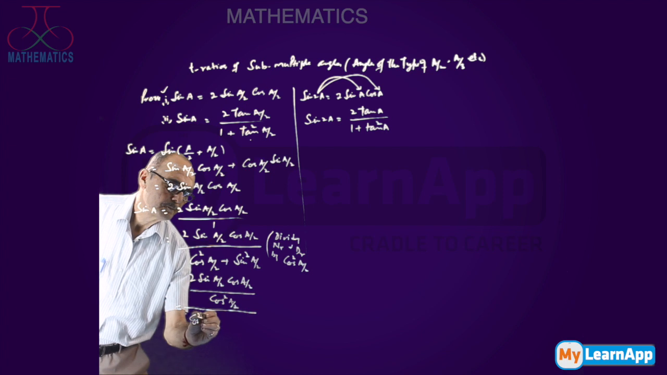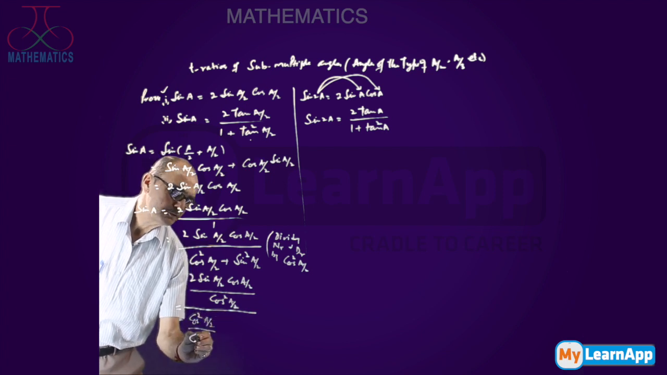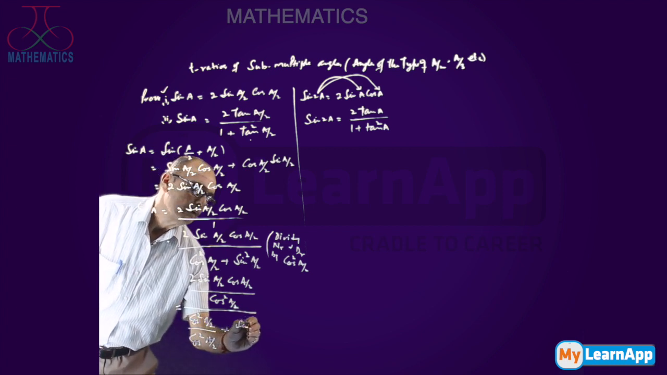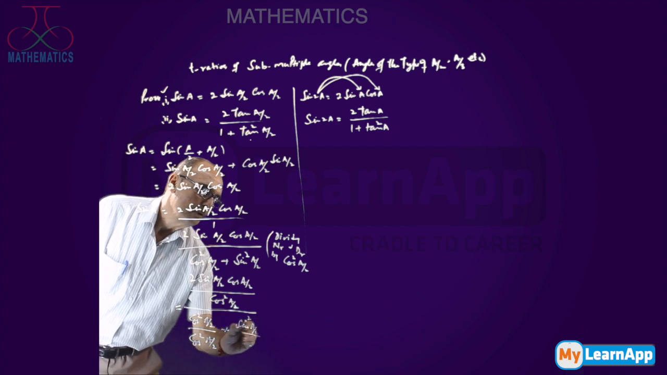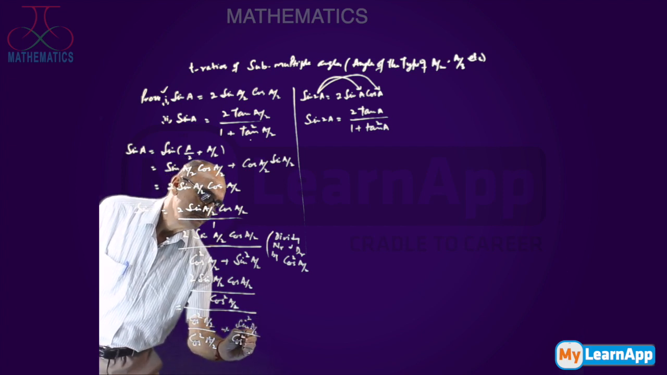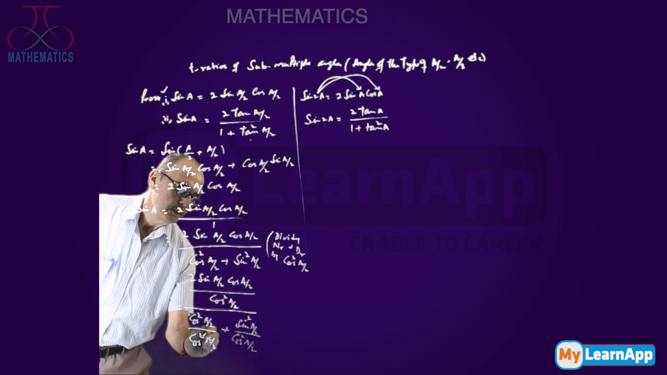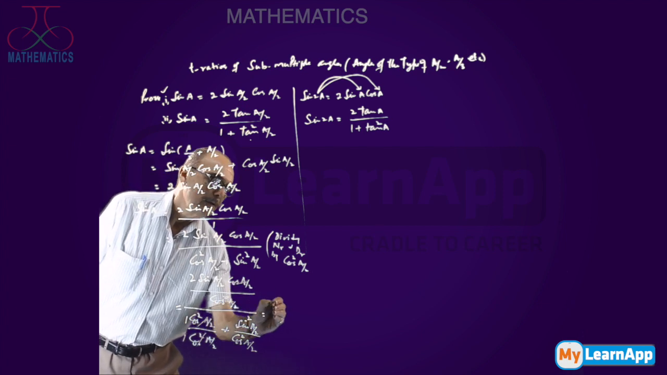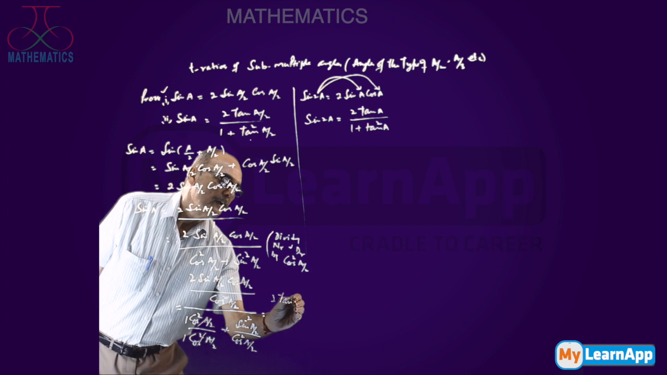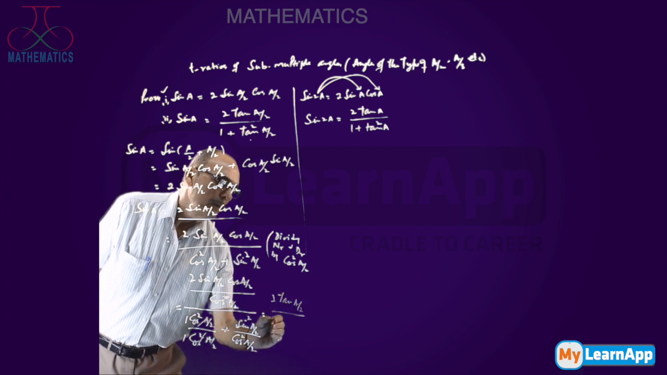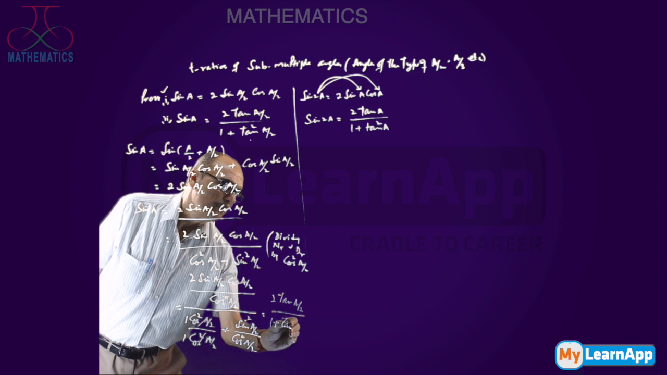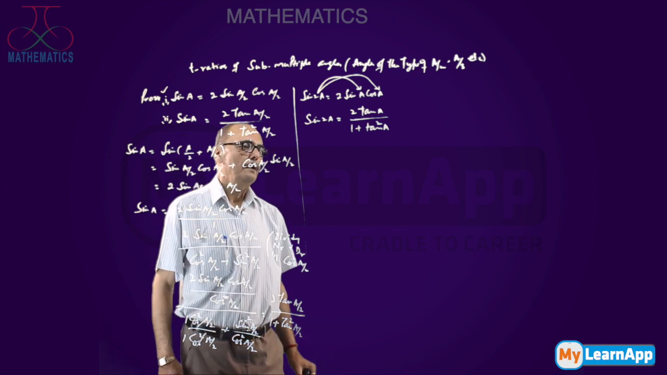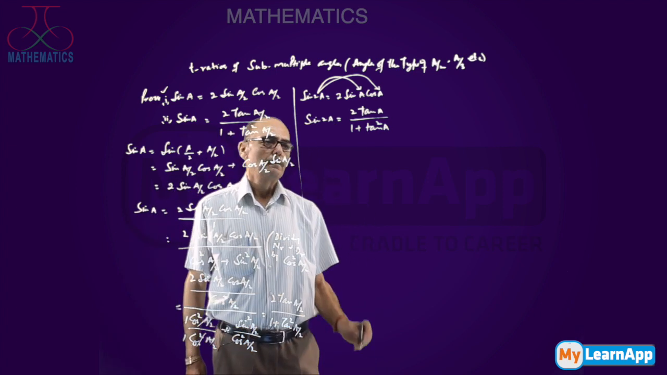Cos square a by 2 divided by cos square a by 2 plus sin square a by 2 divided by cos square a by 2. This cancels 1 with 1, this square cancels with this. So, you are left with 2 tan of a by 2 upon 1 plus tan square a by 2. Further, prove that